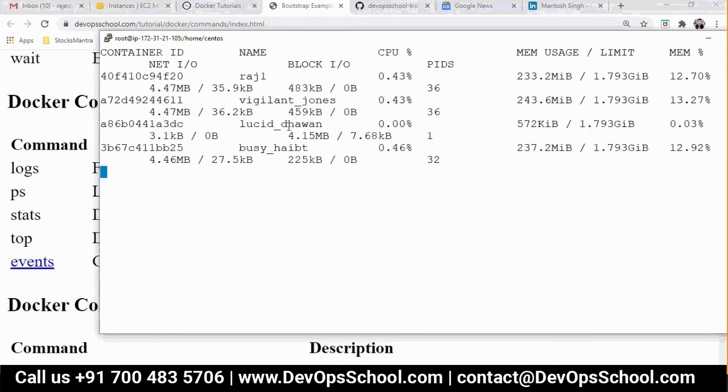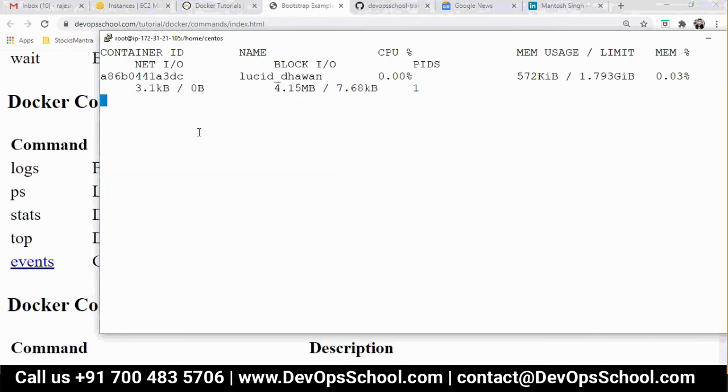Now the stats will give you a consolidated report for each one of these containers which is running on your host. You see the percentage of CPU, memory usage and limit, and then IO blocks and network blocks and everything. So this will give you all this information. Okay, so if you want to know individual container information also, same command followed by the container ID, and you get to know this.